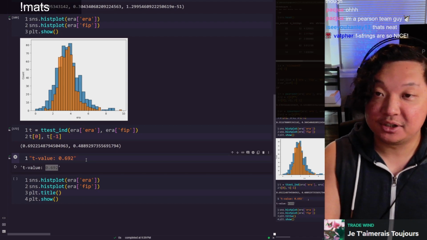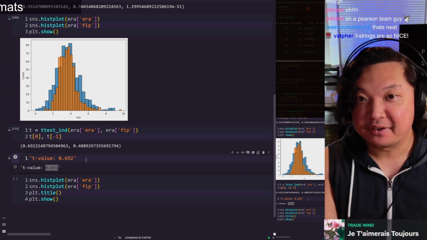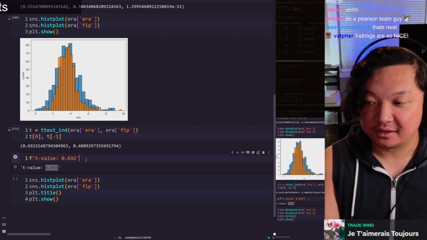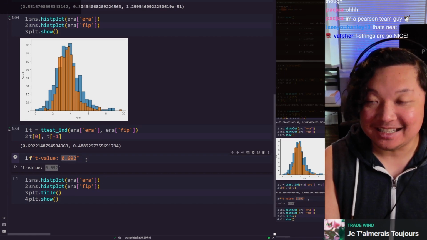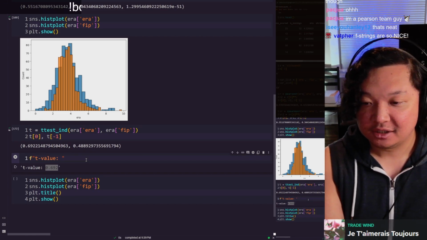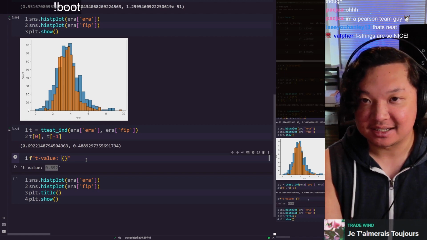But if you wanted to do this algorithmically, if you have an f in the beginning of your string, and inside the string, you have those curly brackets, the curly braces, and you type in t0,